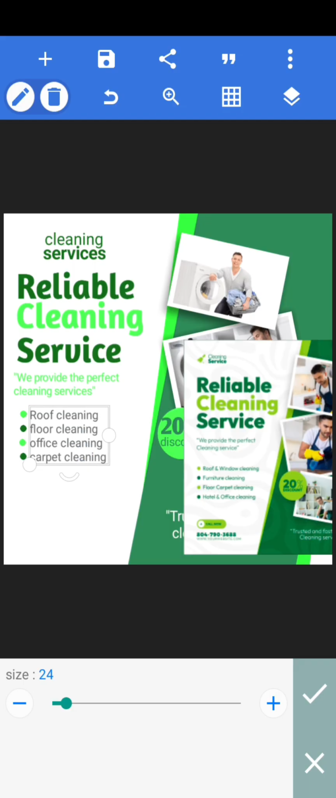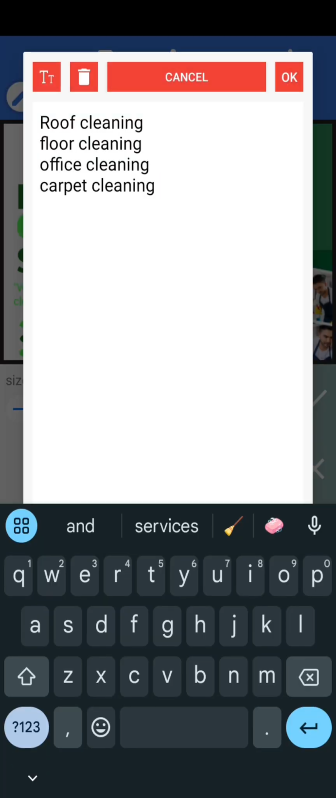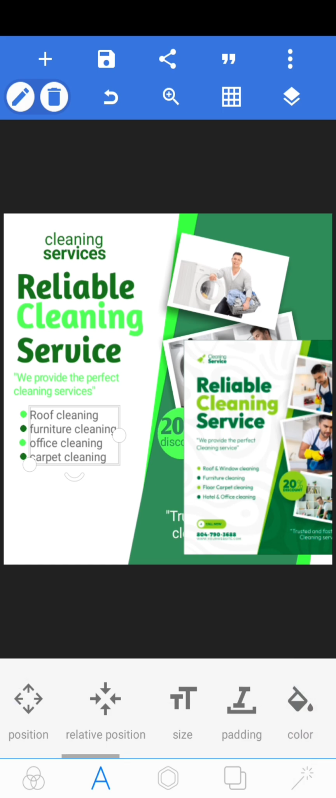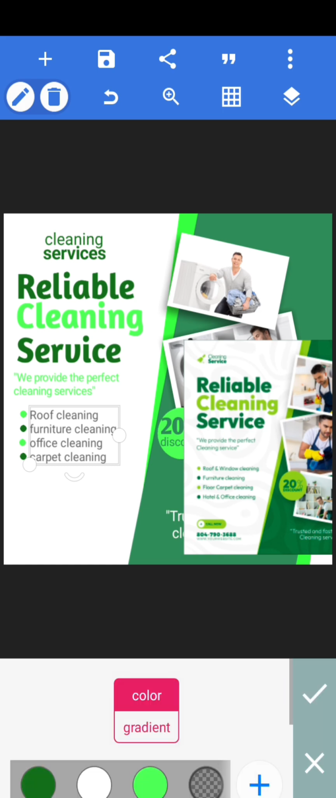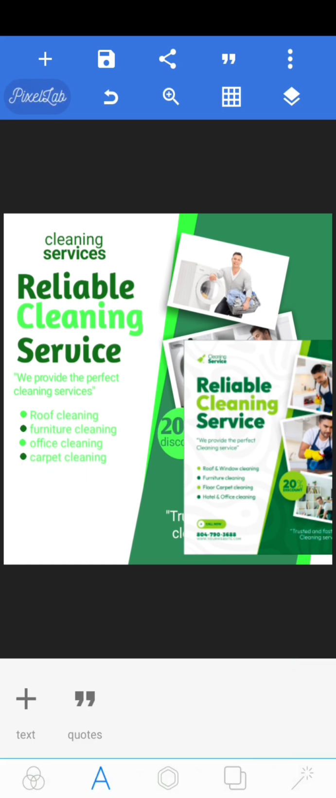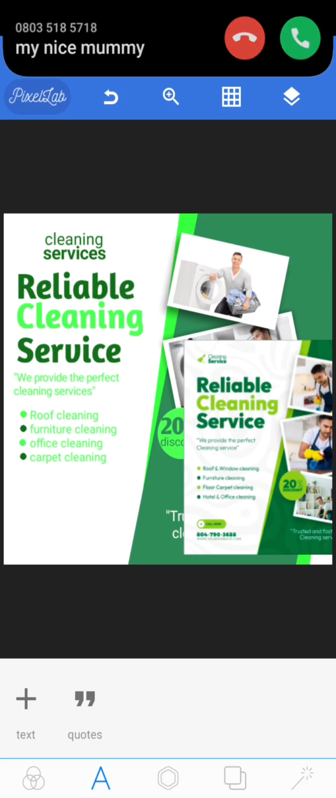Now, what should I do? So let's increase this carpet. Let's remove this office of floor cleaning and change it to furniture cleaning. Okay, and then I'll be changing the color now to a lighter green. Change the color to a lighter green, exactly like that. And the last one now,